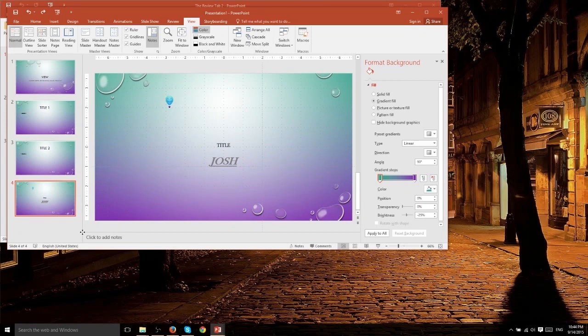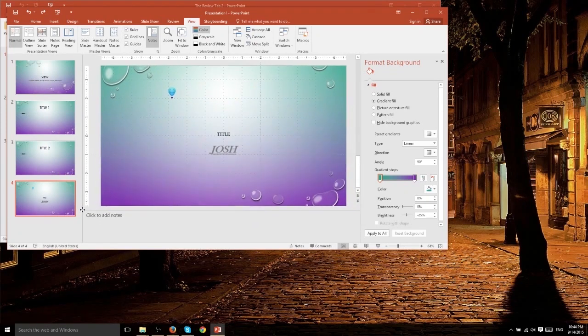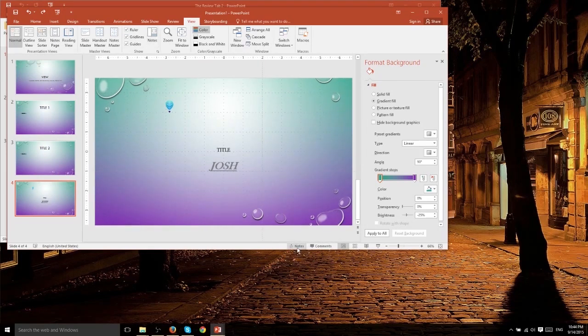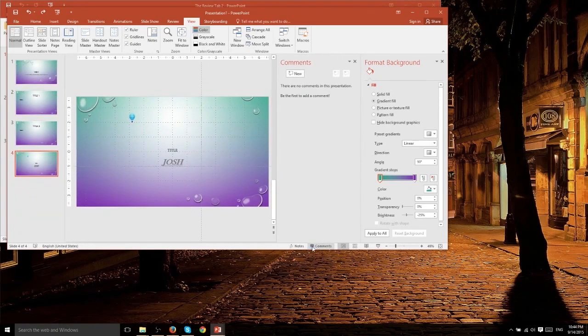We can also do up and down to basically take the center pane and allow the notes pane to actually show at the bottom. You may actually notice that down at the bottom you have buttons which allow you to bring out the notes pane manually or to bring out the comments pane. So I can hide notes again by just clicking on notes, and I can bring out the comments pane by